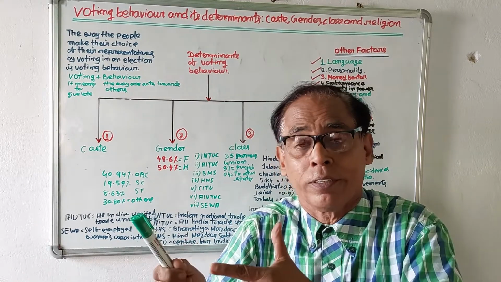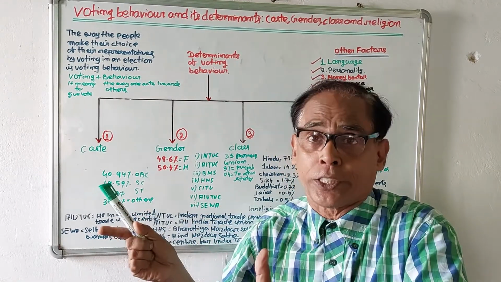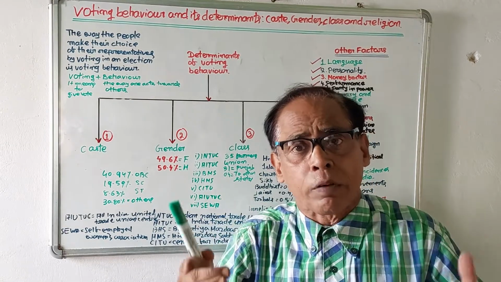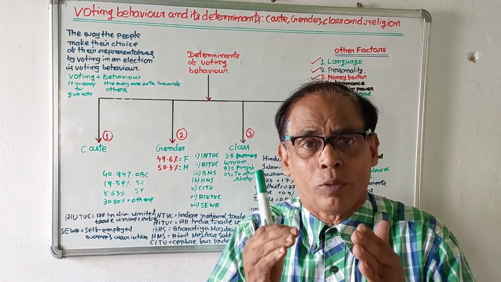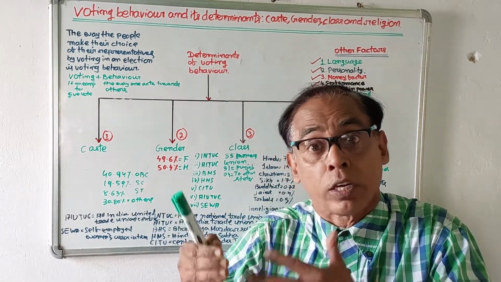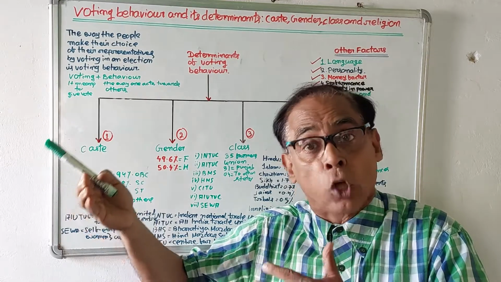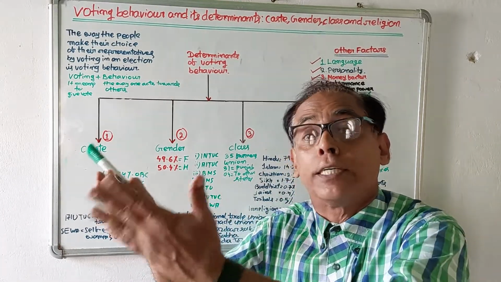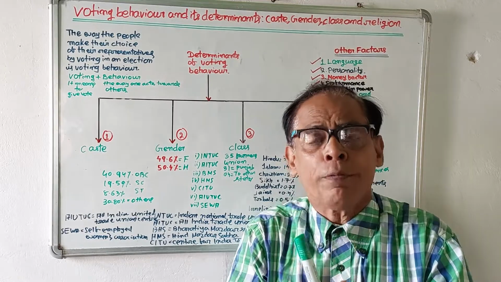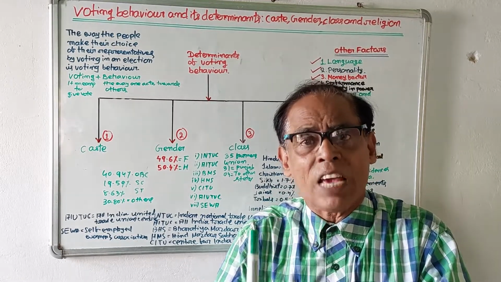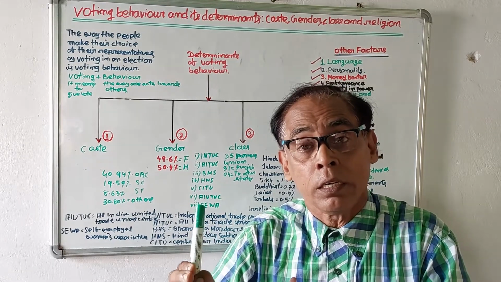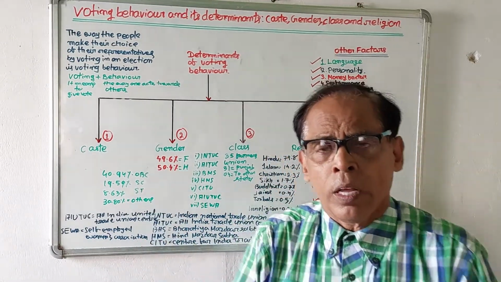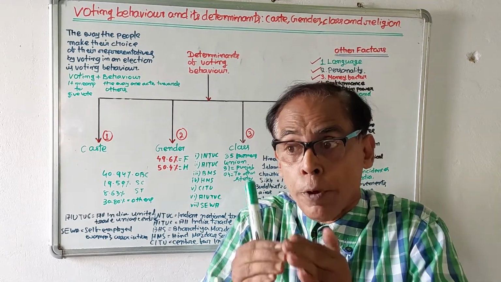whenever a person gives a vote, there are various options. From these options, he will have to select one. It is known as voting behavior. So voting behavior means whenever a person gives a vote, there are various options, and what type of reactions he shows towards others. So, in brief, voting behavior means at the time of giving vote, whom a person prefers. And so far as voting behavior is concerned, whenever a person is giving votes,